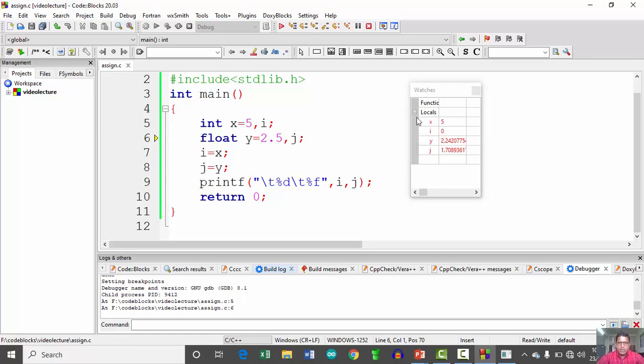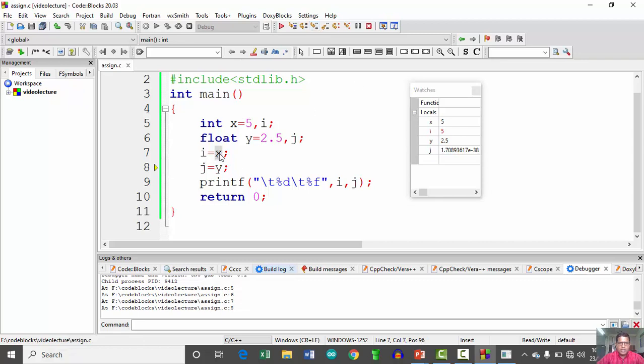Initially x is assigned with value 5, y is 0, I is having some garbage value, and again j is having some garbage value here. So go to the next line. So here again the value of j is what? A simple garbage value.